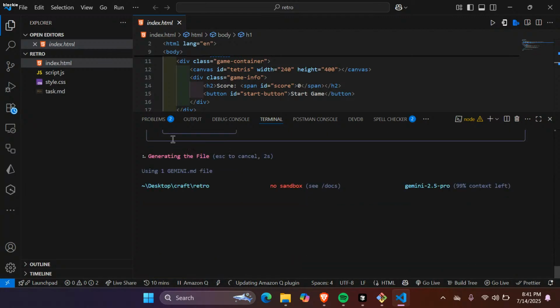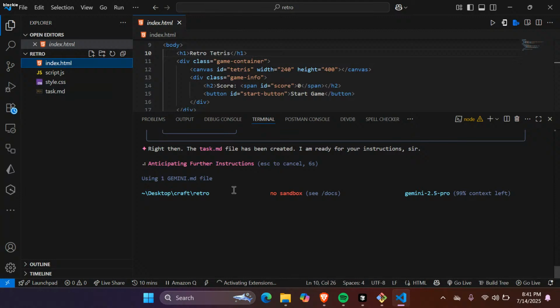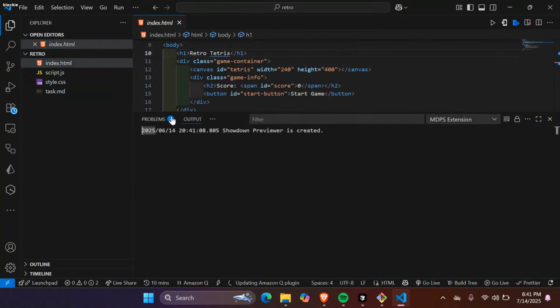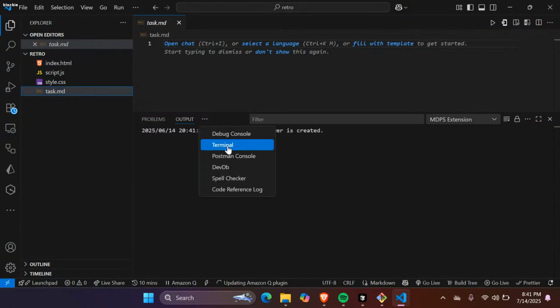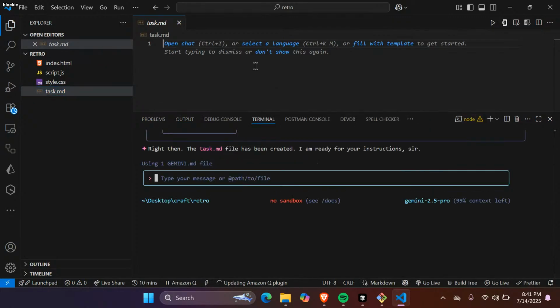That's the file it has created. I think the file is empty. Okay, now create a task.